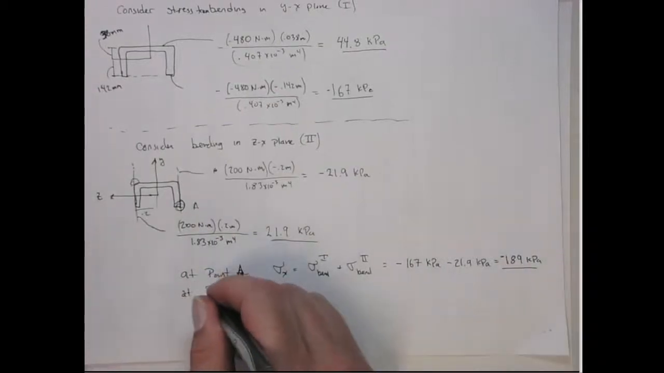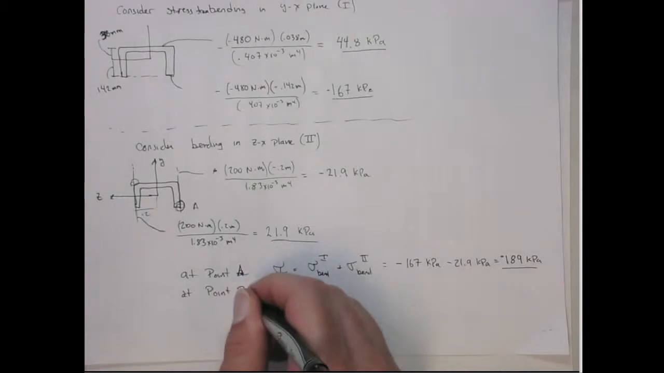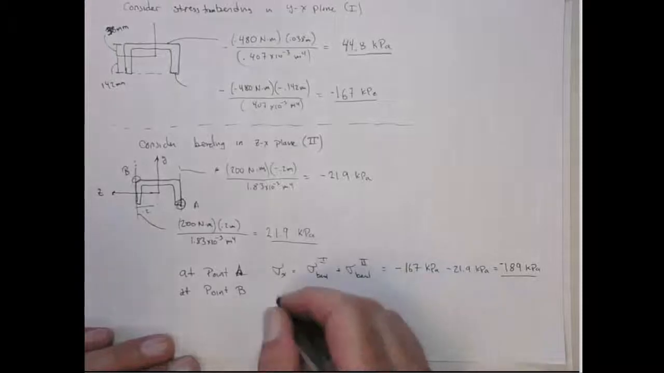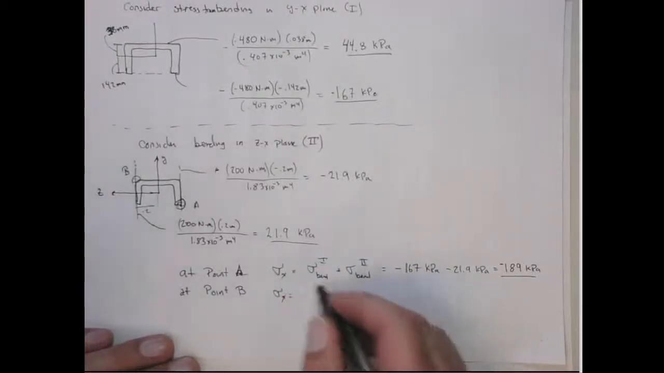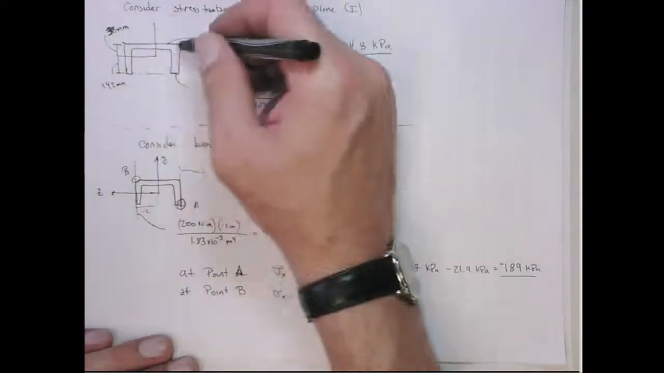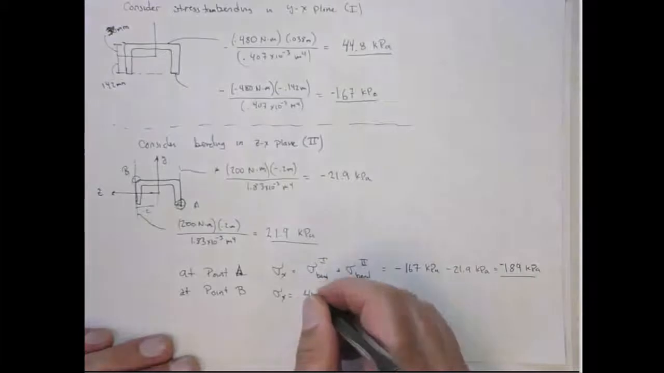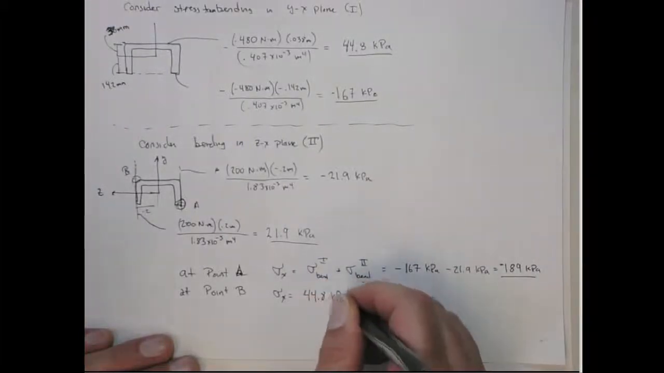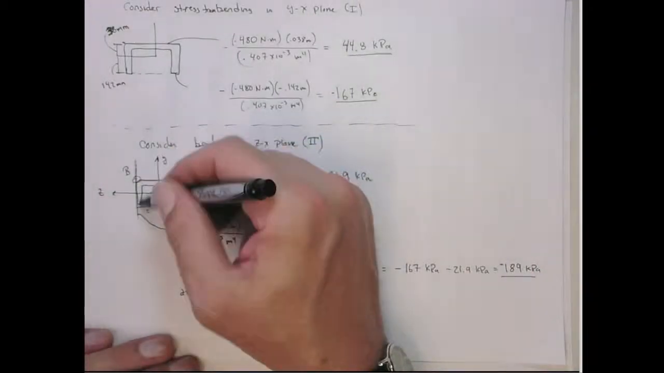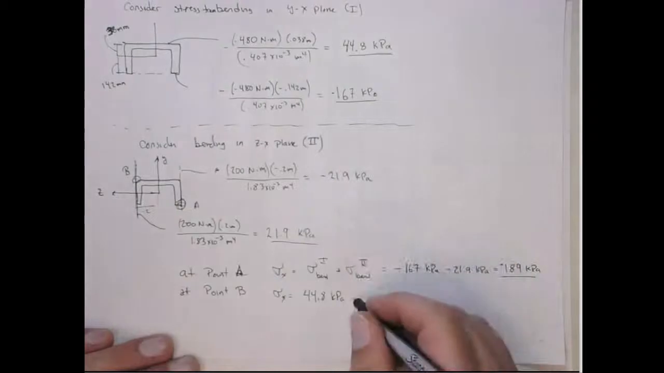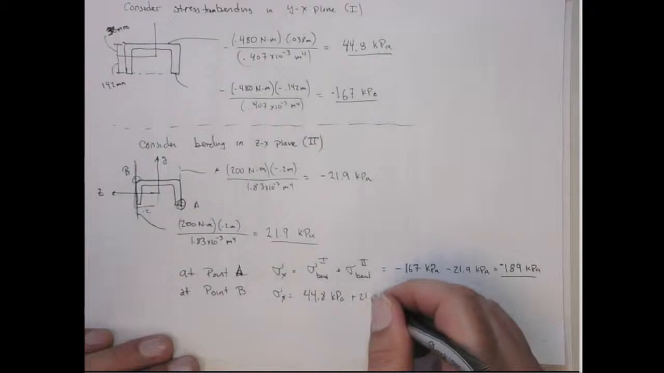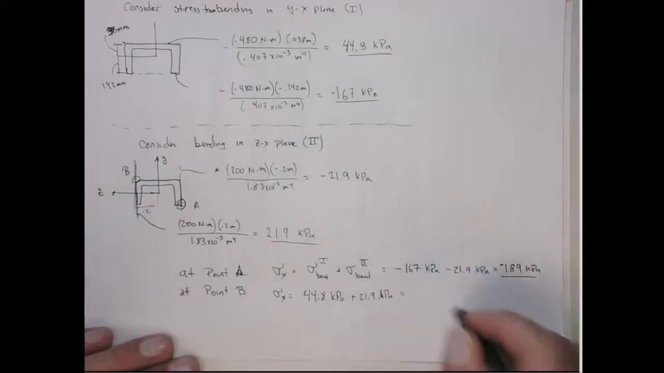Now if we do point B, it's the same deal. From the first mode on this edge, because that's where point B is, we have a positive 44.8 kilopascals. And then at point B, from the second mode, the bending around the y-axis, on this edge, it's a positive 21.9 kilopascals, and that gives me